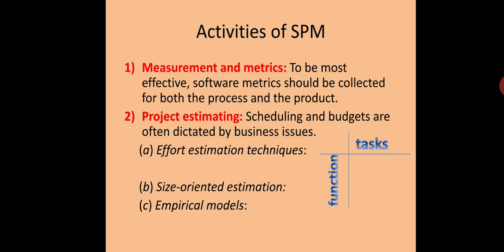And how do you obtain the tasks? The tasks are obtained from the process framework, where you have the various processes put together, and each of those processes may have subtasks, task 1, task 2, task 3 and so on. So those tasks make up given processes. So you can obtain the list of tasks by decomposing the process framework.